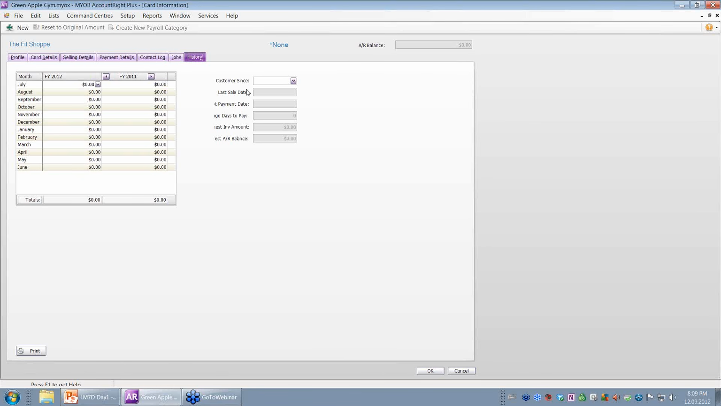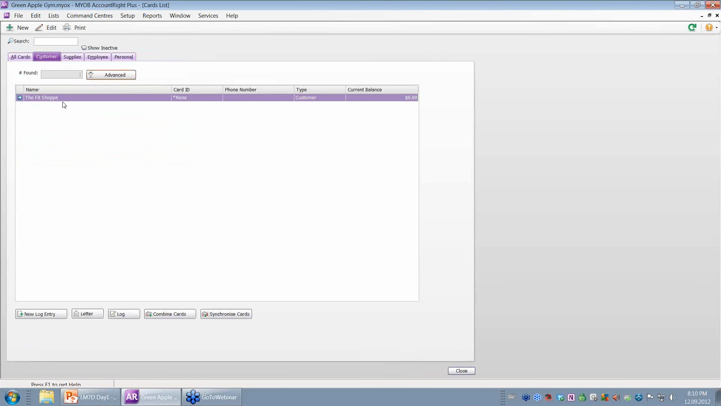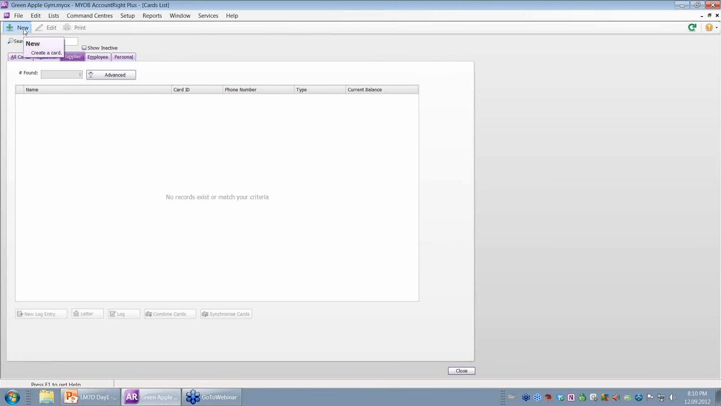When they were a customer since, last sale date, last payment date, days to pay, biggest invoice amount, biggest accounts receivable amount. Okay, so click OK on that, and if we click on all cards, we'll see the fit shop, and if we click on customer cards, we'll see the fit shop. So, setting up a supplier card. Click on supplier card, click on New,